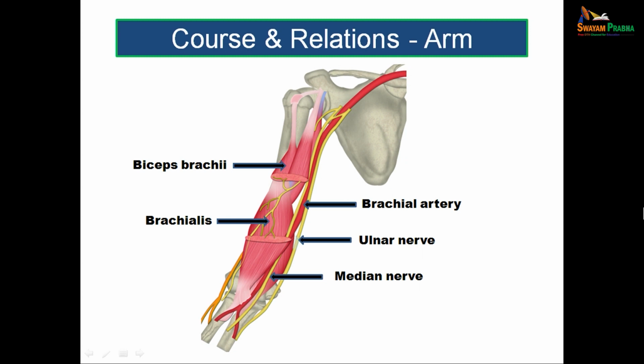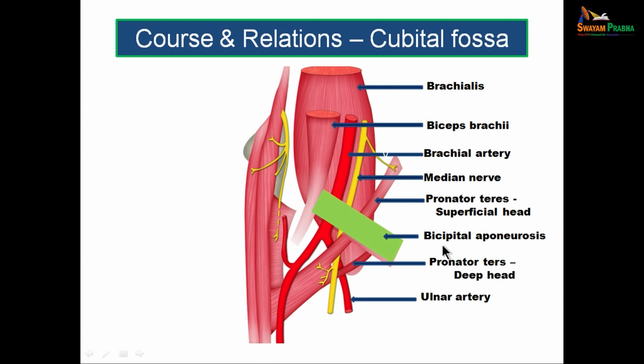Now, the median nerve crossing the brachial artery will run on its medial side and then reach the cubital fossa. This fossa, which is the next region which we are going to look at, lies in front of the elbow region. Now, we have these structures in the cubital fossa from medial to lateral side. Medialmost structure is the median nerve. Next to it is the brachial artery. Lateral to this is the biceps brachii muscle ending as a tendon and a bicipital aponeurosis,